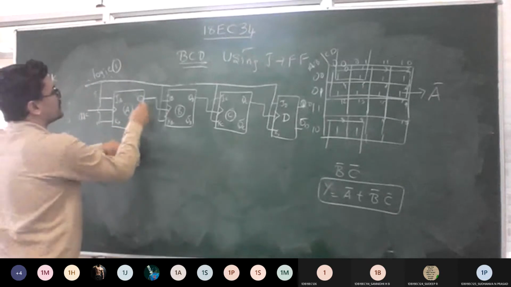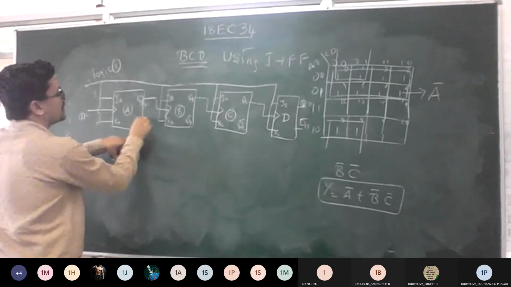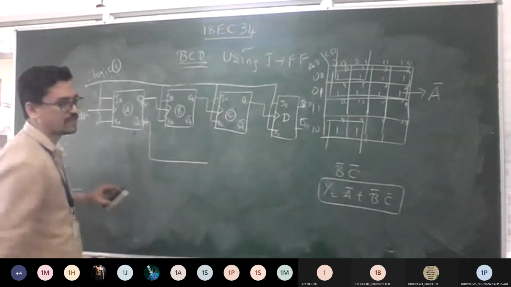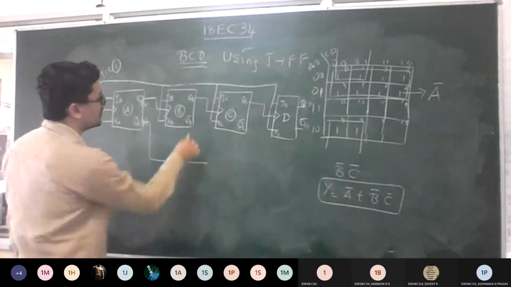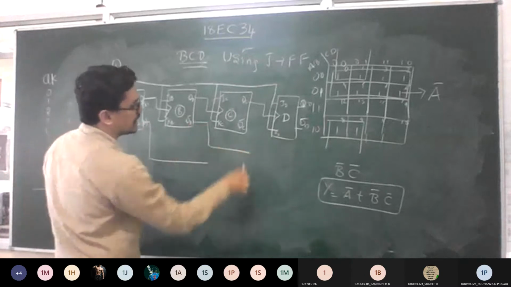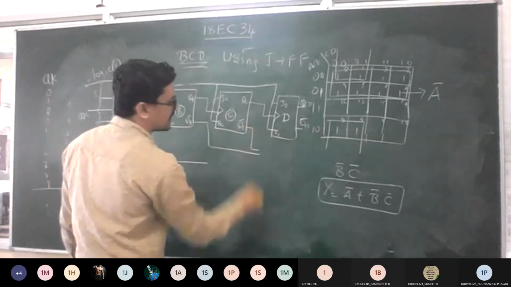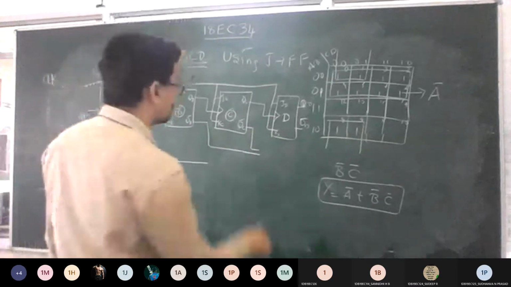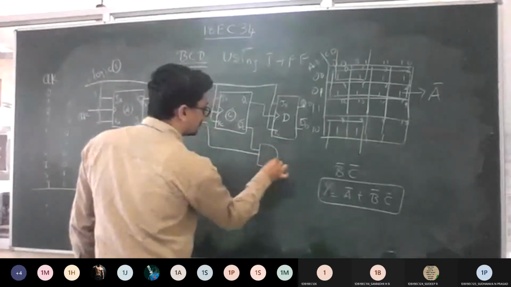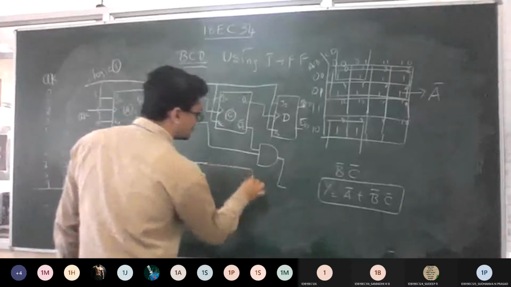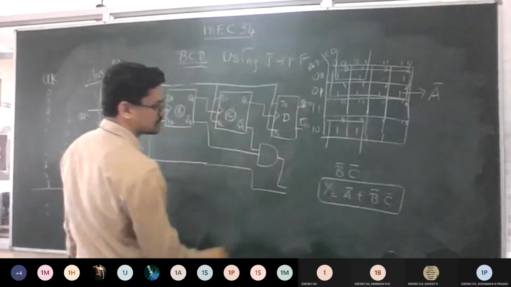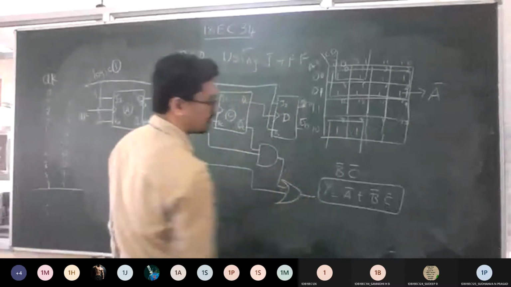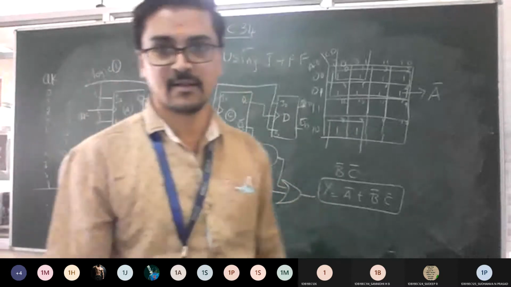Okay? If you want, you can take A here and you can take A bar here. So you want A bar, it means this output. Fine. Next B bar C bar. B bar is here and C bar. So which gate should I connect for B bar C bar? AND gate. Good. So connect an AND gate here, and this combination should be given to which gate here? OR gate. So this is the expression for your Y.